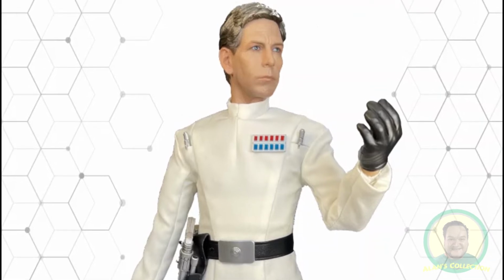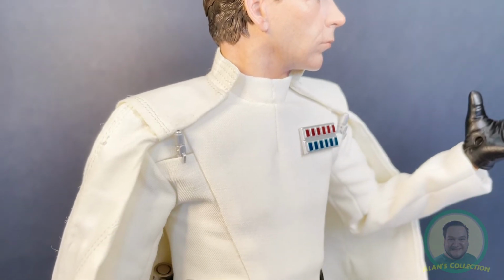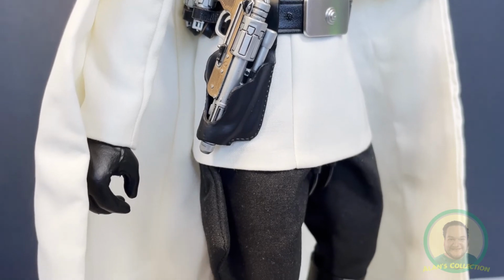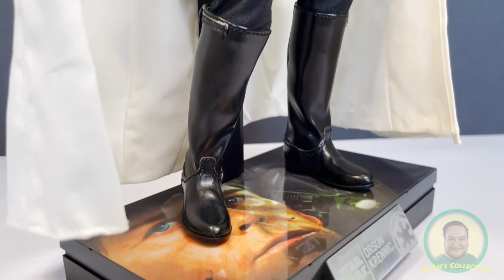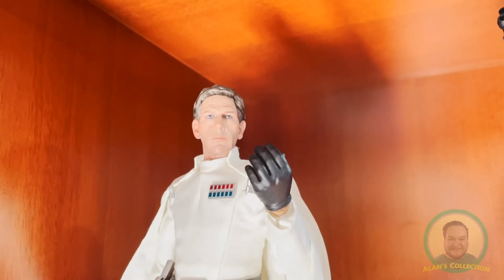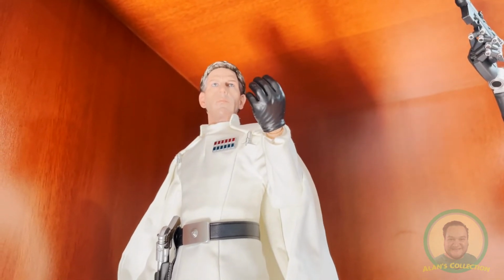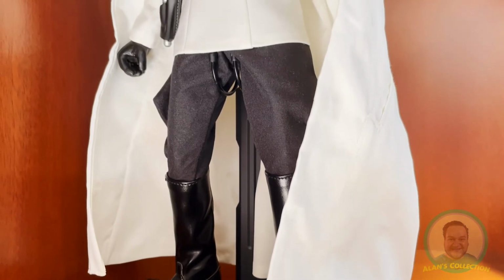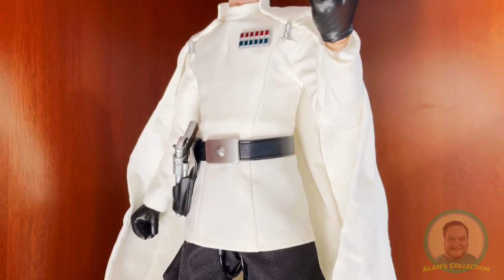Speaking of his importance, as his badge suggests, Director Krennic is very high up in the Galactic Empire structure. Within the Imperial Security Bureau, and as a director in advanced weapons research, he wears 6 red squares over 6 blue squares. So what I'm trying to convey with this pose is the scene where he proudly and also angrily speaks to Governor Tarkin, and he tells him that the Death Star project belongs to him, to Krennic, not